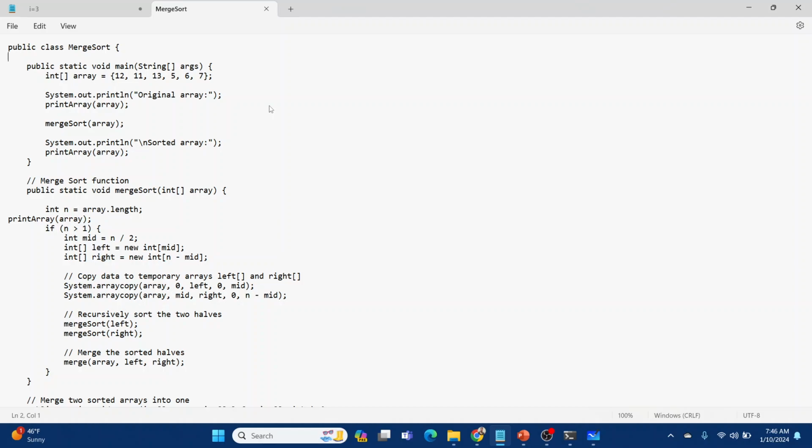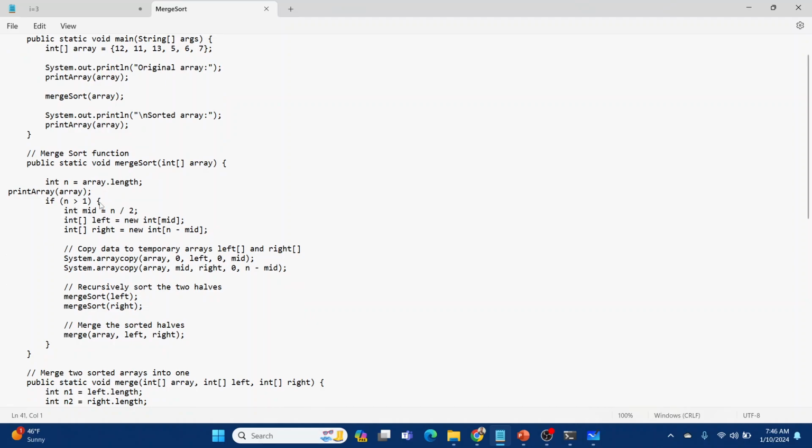What we understood, two or three things. One, we need a recursive function where we do the divide part. For the divide part we need a recursive function, right? So over here we created an array, we printed the original array, and we called the method called merge sort. So the merge sort method will be called over here. Merge sort is this method, and its main work is to divide the array into smaller parts.